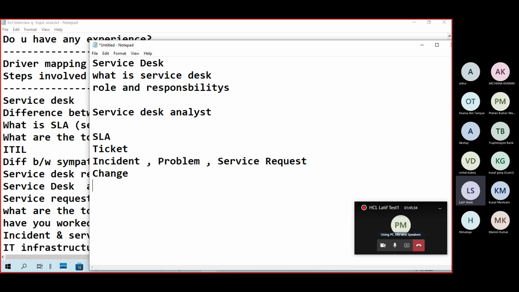What is a service request? A service request is when a customer asks for a change of a service, an upgrade, or access permissions. For example, I want to access a printer, that is a service request. I want to upgrade my internet, that is a service request plus change management. Next, event.